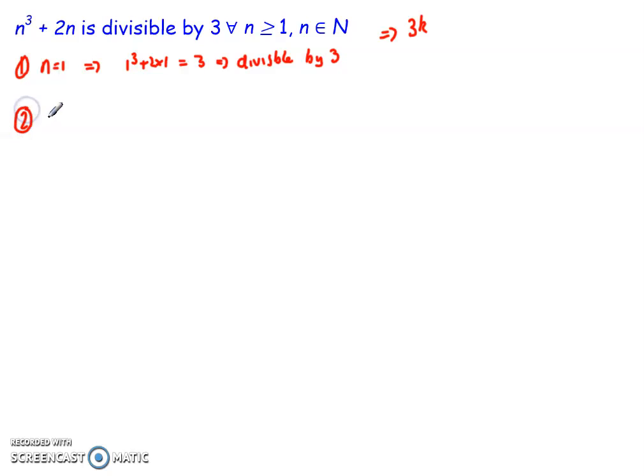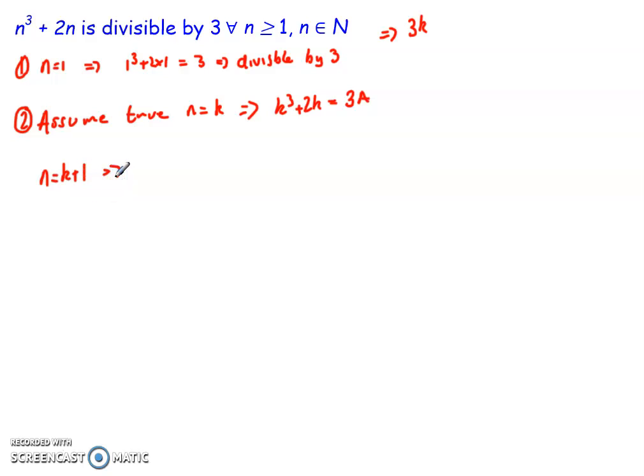Second thing we do is then assume it's true for a generic value n equal to k. So what that then implies is that k cubed plus 2k is some format of 3 times a. So it takes that format there. So it's divisible by 3 somehow. If I then look at n equals k plus 1,